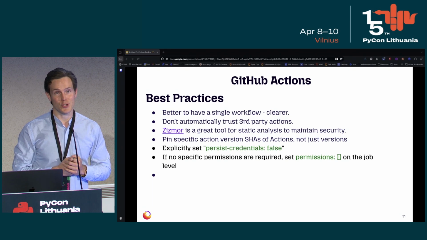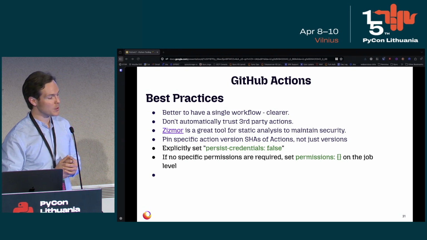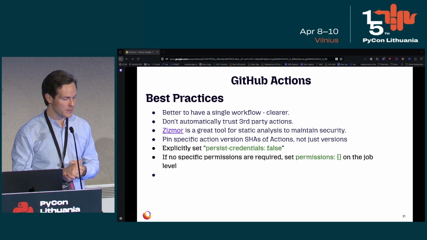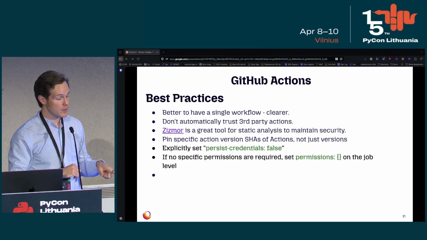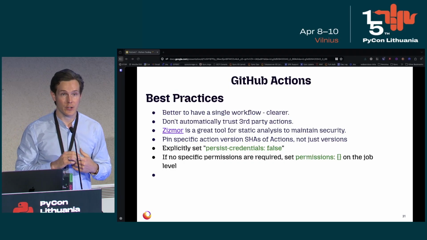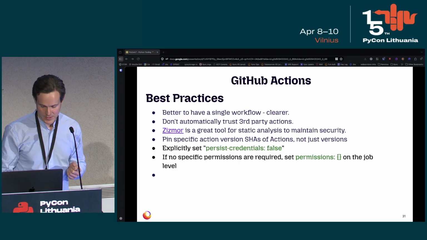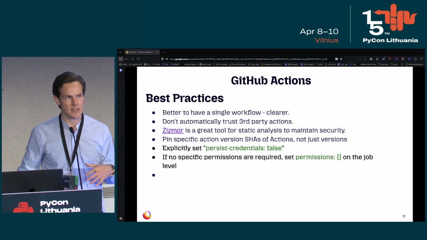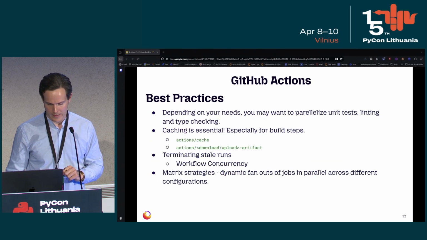Never explicitly just trust third-party actions. You don't necessarily know who wrote them. They can be extremely vulnerable. And in that case, there's a tool called Zizmor. That's great for static analysis of all of this. There's a couple of specific points I put here a little bit later, but one of the most important things to do is to often pin the specific SHA of the version that you're using, and not just version 3.3, but the actual commit SHA of that. There have been some cases of packages being maliciously injected. So you can generally trust the GitHub-maintained ones, but if they're third-party actions, you should be quite careful when evaluating them.